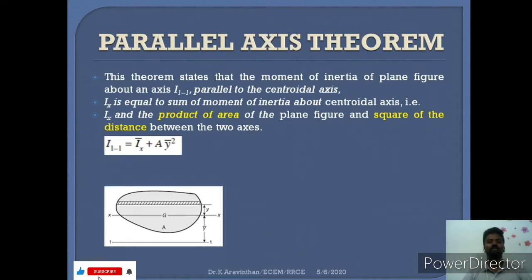The parallel axis theorem states that if you have any object, say for example this irregular object, all objects have mass. We know that throughout the universe all objects have some mass, and there is a point called the centroid. For all the mass there is a certain point where the mass is concentrated. This is known as G.